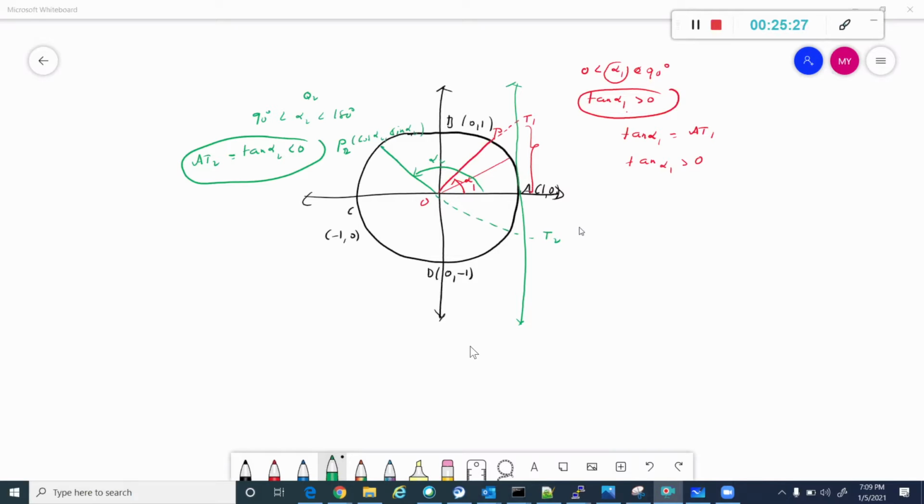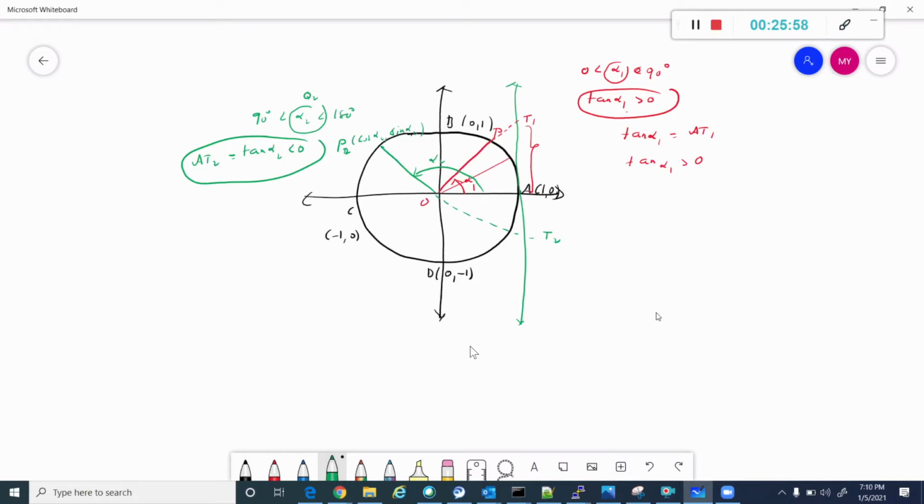So, you are in Q2, right? For any angle, alpha 2 is a representative of angles in quadrant 2, right? For any angle, tan will be negative, right? Hello? Yes, sir. So, are you following or do you want a break? No, sir.